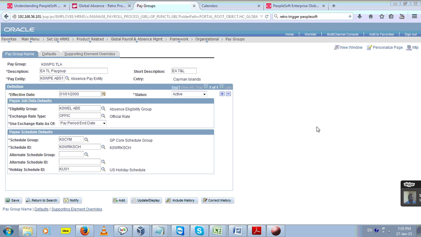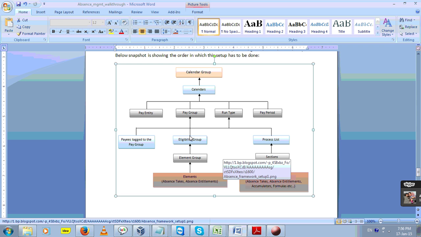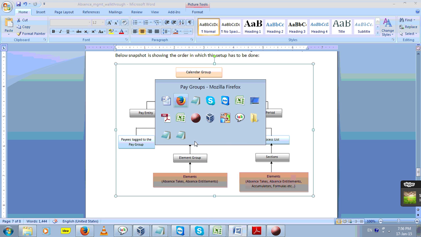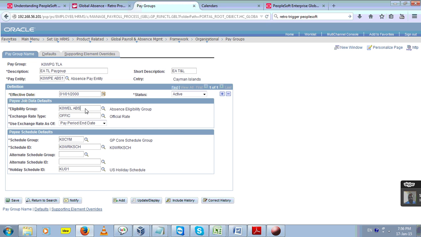So now we have the pay group with us, right? In the pay group setup page, we have pay entity, and something called eligibility group. If you look into this diagram, we have the eligibility group. This is the pay group setup page, and from it we get the eligibility group. Now what will the system do? The system will pick this eligibility group,